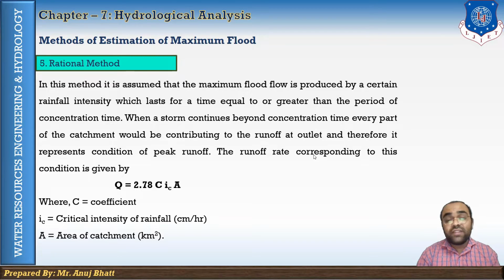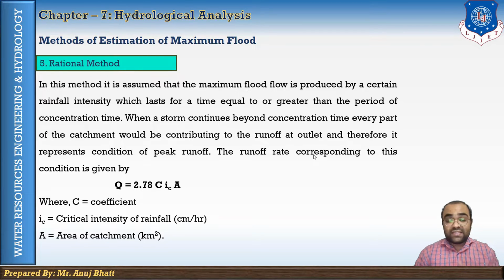When a storm continues beyond the concentration time, every part of the catchment would be contributing to the runoff at the outlet, and therefore it represents the condition of the peak runoff. The runoff rate corresponding to this condition is given by Q, and the value is 2.78 C into IC